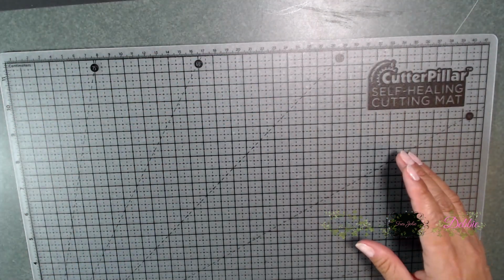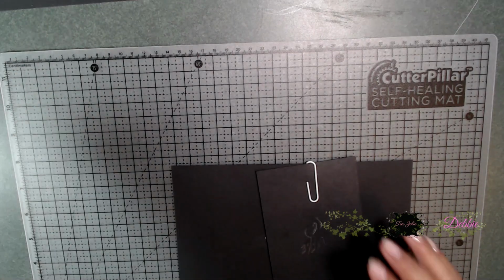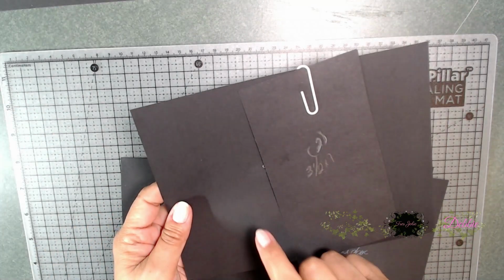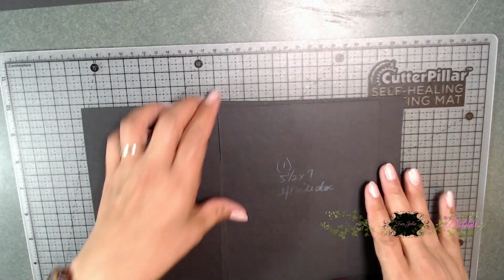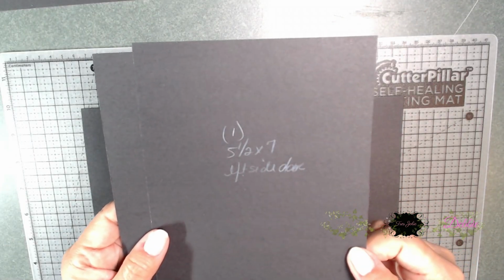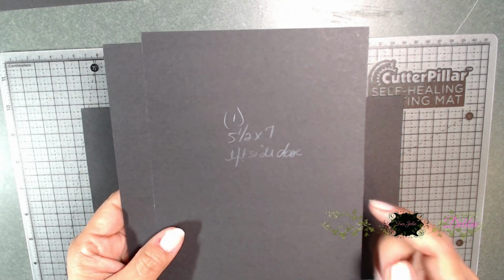To start off, I've cut everything out that you are going to need, except for the little photo mats that are going to go on here. This is the booklet that we're going to put together. The first thing you're going to need is one that is 5.5 by 7. Now this book is going to be a 7-inch